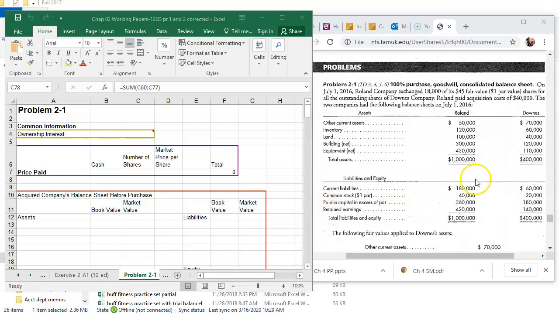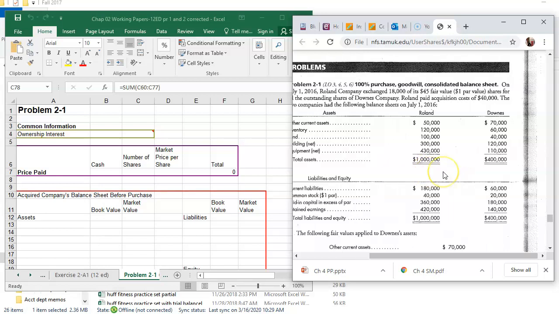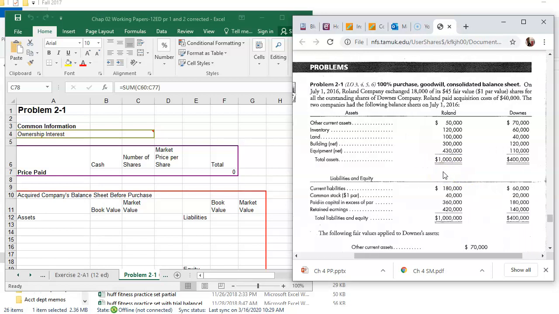Problem 2-1. On July 1st of 2016, Roland Company exchanged 18,000 of its $45 fair value, $1 par value shares for all the outstanding shares of Downs Company. Roland paid acquisition cost of $40,000. The two companies had the following balances at July 1st of 2016, and they give us Roland and Downs balance